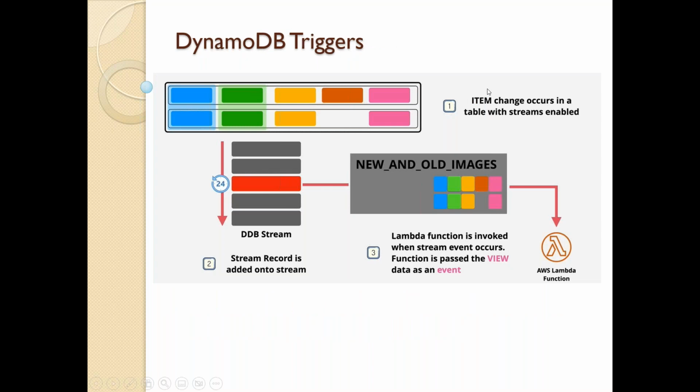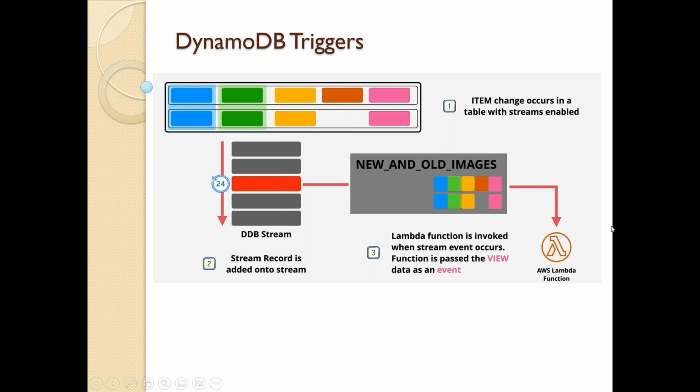So this is how it triggers, right? Item changes occur in a table when streams are enabled. Once you enable that stream, then I go and delete this particular value. DynamoDB captures this delete, and you see this new item, old item, and a Lambda function is invoked, and